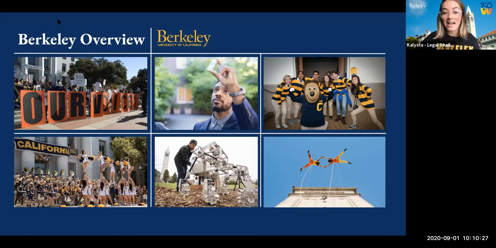But as well as that, right underneath, you'll see the spirit committee and the marching band and cheerleaders outside of the same hall before a game day, getting the students excited and lifting their spirits right before a game, which is really awesome. In the middle, you can see some research taking place in our STEM fields. We have a lot of research going on on campus as we're a top research university.